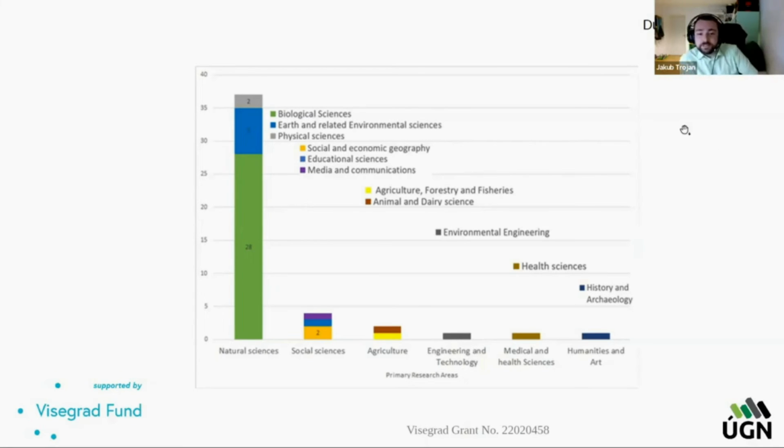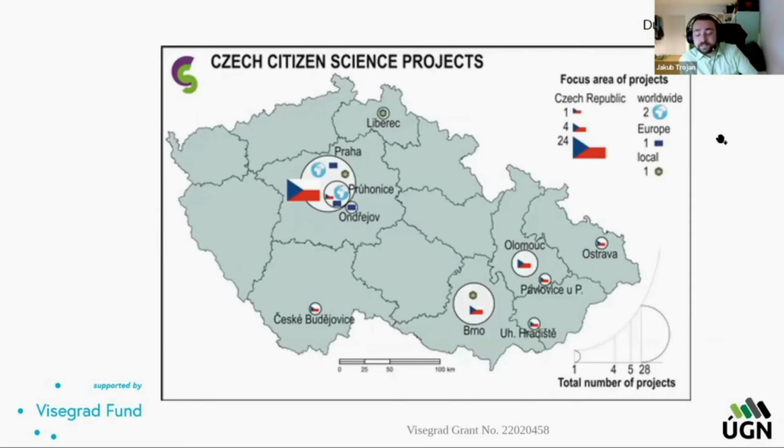The next slide, please. Yes, this is the cartographic visualization of where the citizen science projects are running in the Czech Republic. Most of them are based at university centers or at centers where NGOs, especially from natural sciences and environmental sciences, are. So it's these cities. Next slide